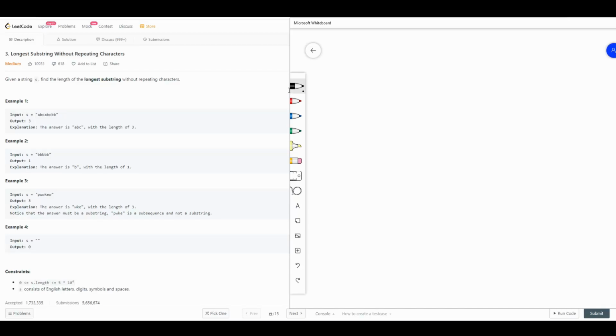Hey guys, so we're looking at longest substring without repeating characters on LeetCode. So we're given some string S and we have to find the length of the longest substring without repeating characters. So given a string like A, B, C, A, B, C, B, B, we have to return 3 because the